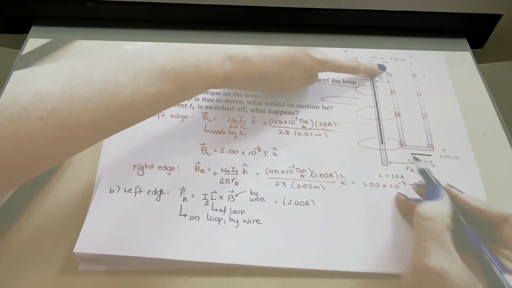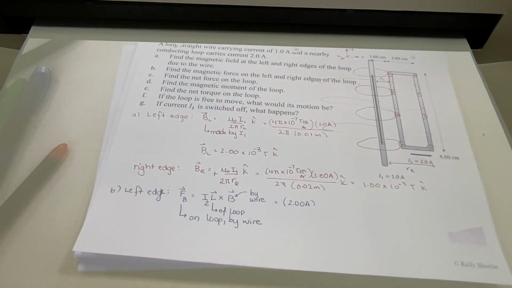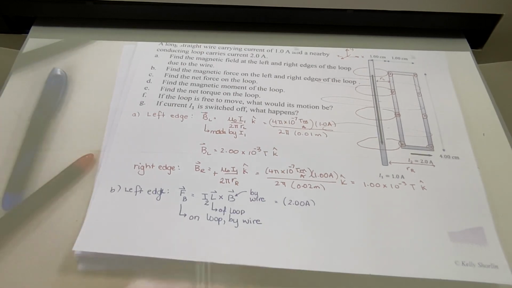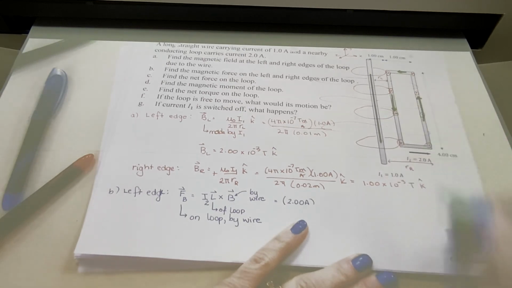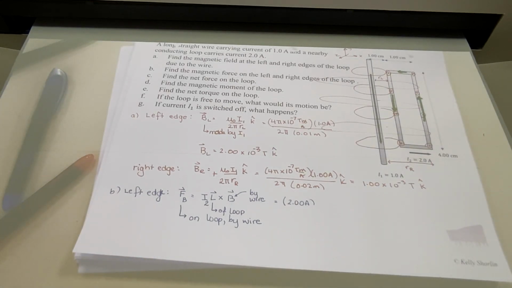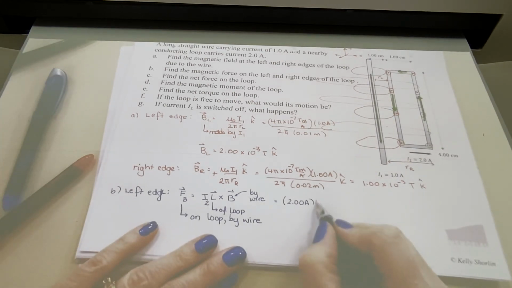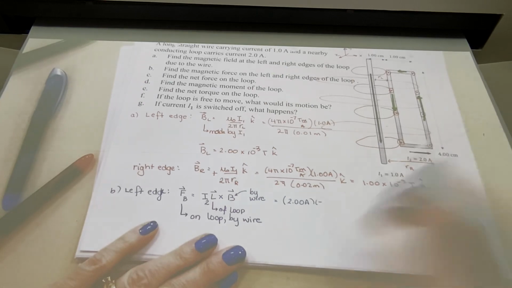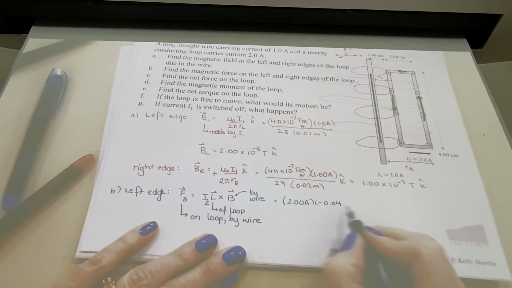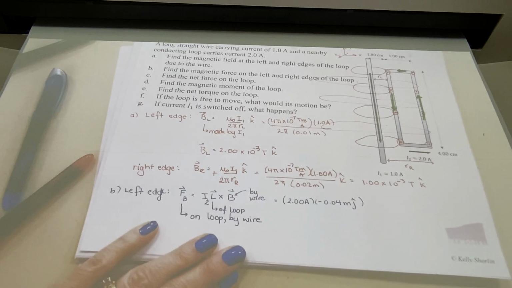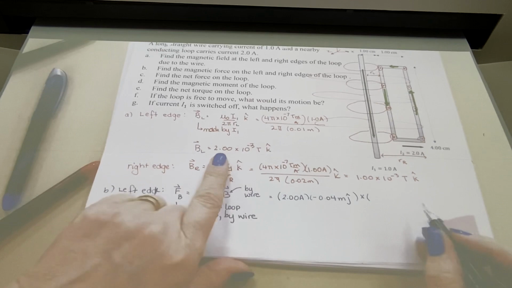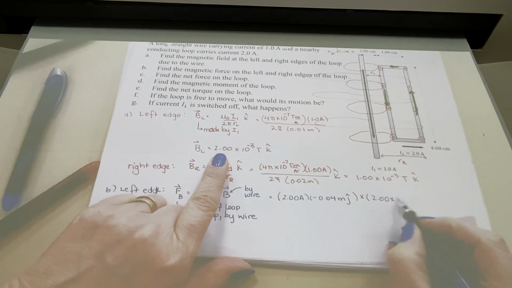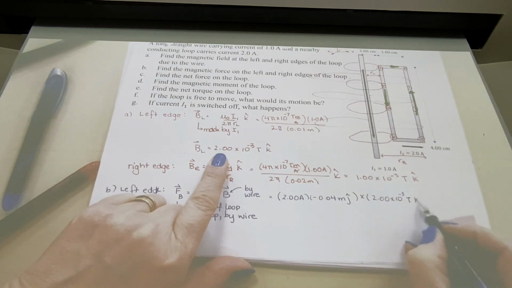L2 is the length. It has a direction that matches the current direction. So the current flows up on the right, left on the top, down on the left. So there's our direction of our length and our current. It flows down, so the direction is going to be a negative j hat direction, and the length of it is 4 centimeters. Okay, so there's our length vector. That's crossed with the magnetic field it's sitting in, which was our 2 times 10 to the minus 3 Teslas k